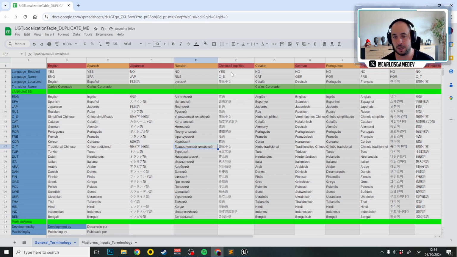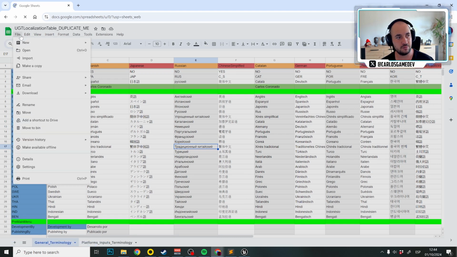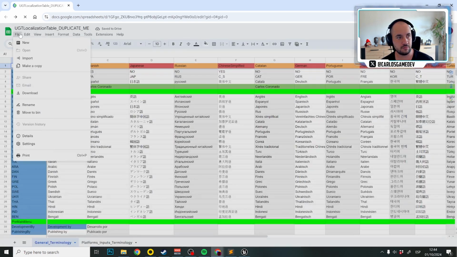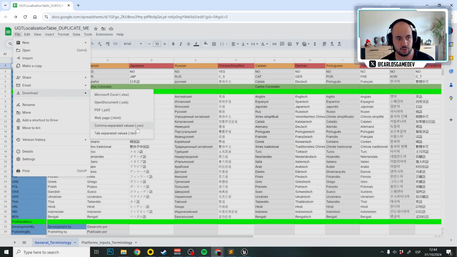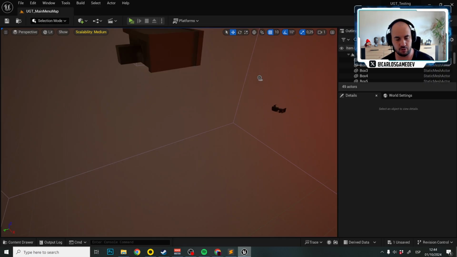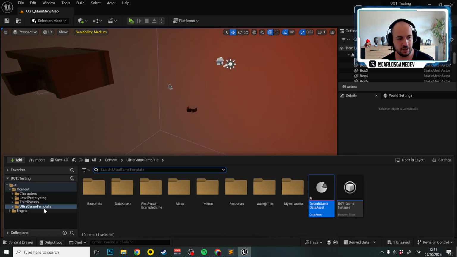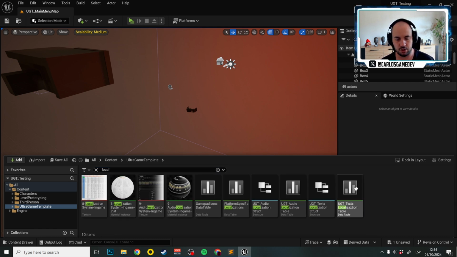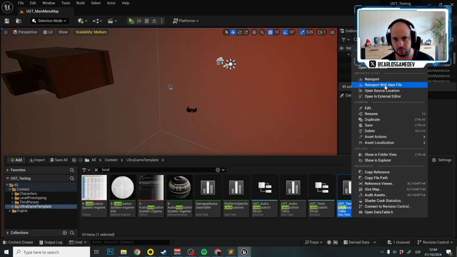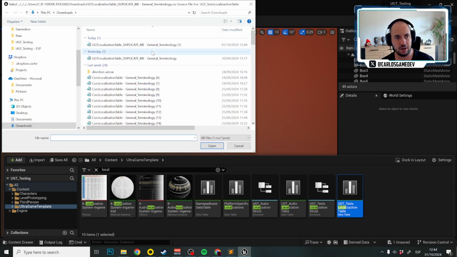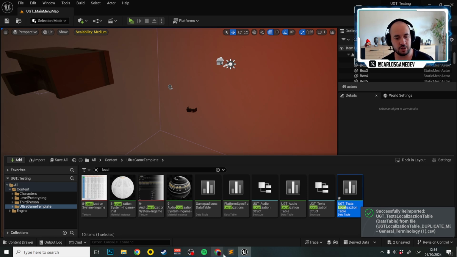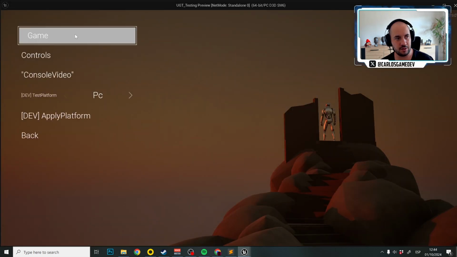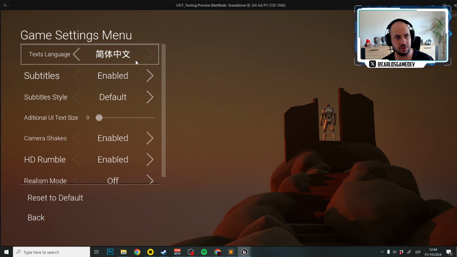And to make this language available in the game is actually super easy. We go to File, download .csv, this format, which I don't know how to pronounce in English. And now in Ultra Game Template folder, we're going to search for localization and we're going to go to UGT text localization table. Okay, we're going to reimport with a new file and we're going to reimport with this file. And because now here is a yes instead of a no, my game now in the settings, we have English, Spanish, and Chinese simplified,